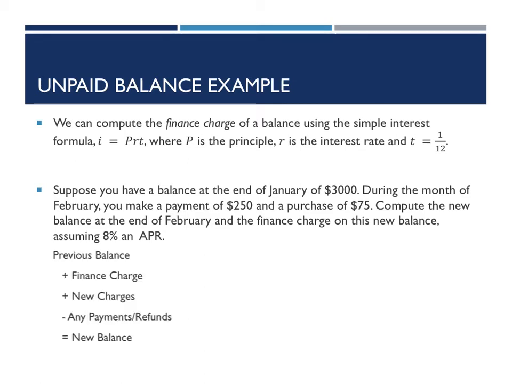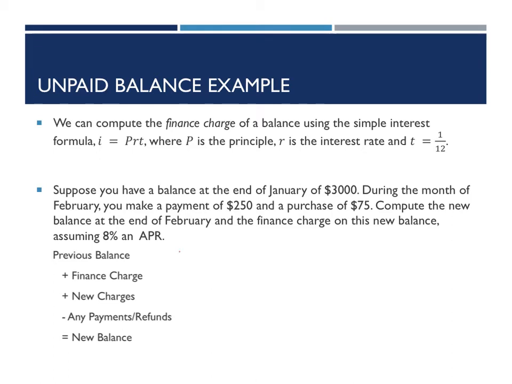So here we have a balance at the end of January of $3,000, and during the month of February, you make a payment of $250 and a purchase of $75. We're going to compute the new balance at the end of February and the finance charge on this new balance, assuming there's an 8% APR. So just to try to keep these problems lined up the same way, I've pulled over what it looks like as we're doing this. So our previous balance